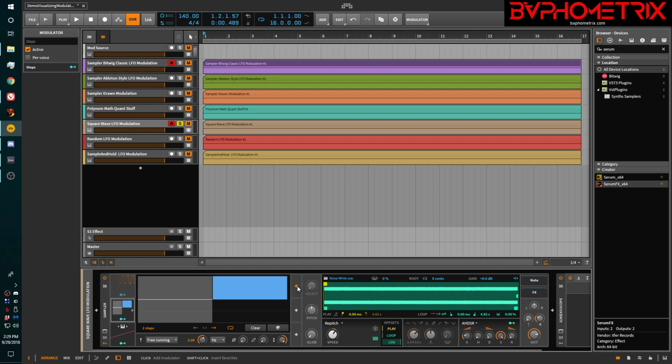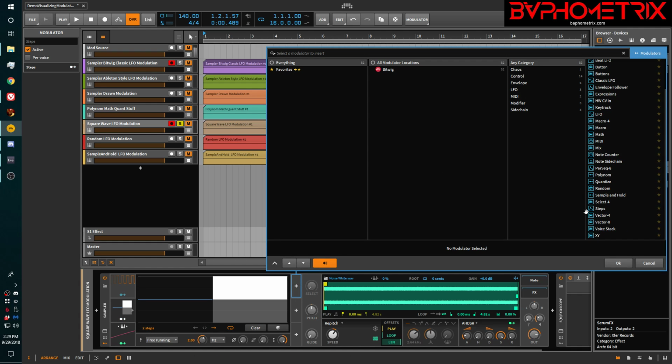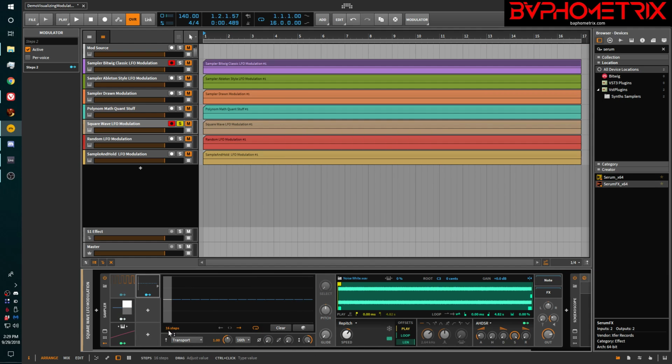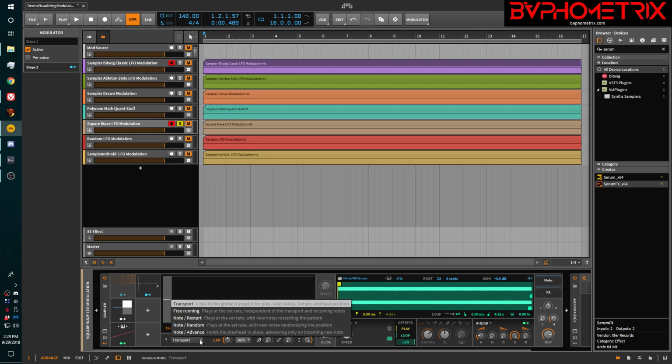So again, the way steps works, it's over here, it's called steps. By default, it's going to come in with 16 steps turned on. And the basic idea behind steps mod is, it could be following your play transport. It could be restarting its sequence every time a new note triggers, or it could just be randomly starting anywhere in the middle of the sequence and then follow that sequence for as long as the note is held down. Or it can work in a cool way, kind of like counter, or there's a really cool M4Live